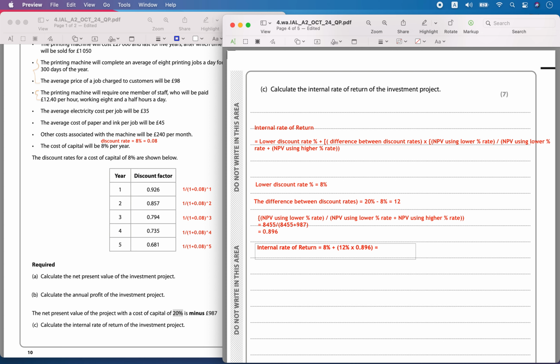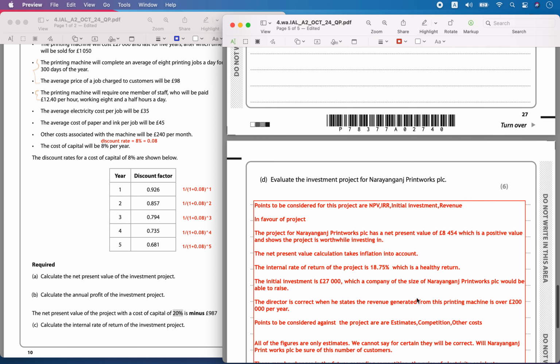So 8 percentage plus 10.752 percentage. So that is equal to 18.75 percentage. So this is the internal rate